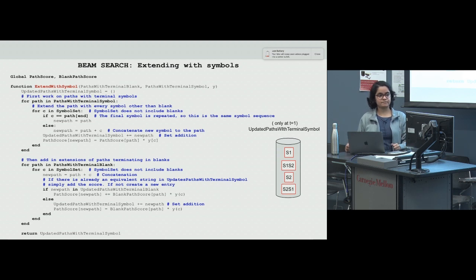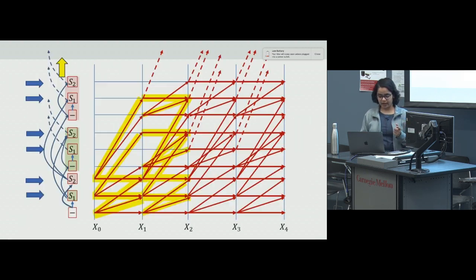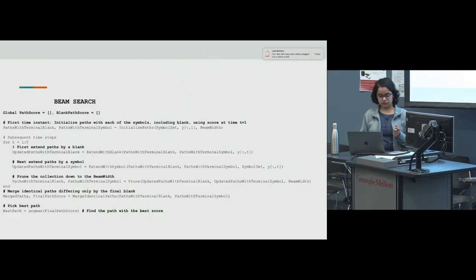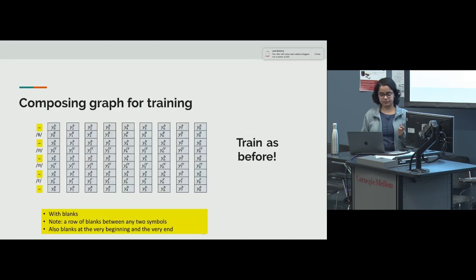Yes. I understand why we're not repeating times, but why are we avoiding the cases with the repetition of characters? So because you came in a little late, we discussed why we add blanks. So suppose when you're decoding at test time and your model, I'll quickly go back. No, I understand why we're adding blanks. Yeah. Avoiding